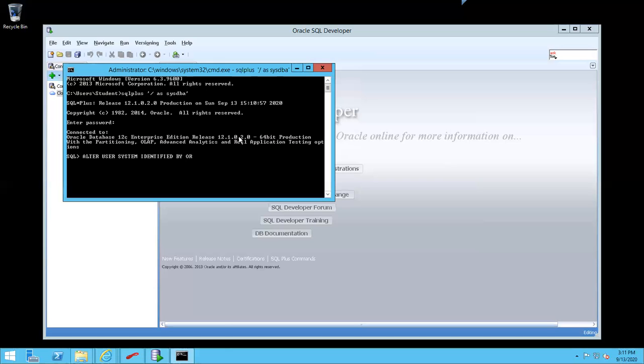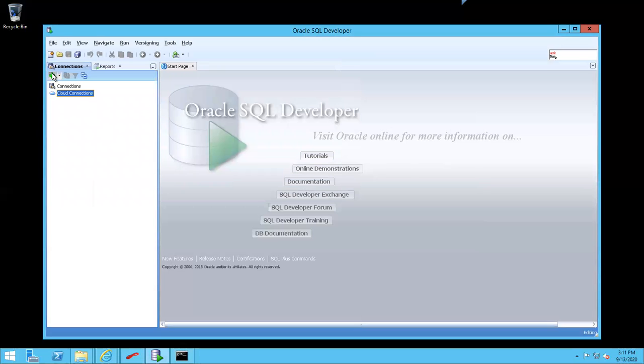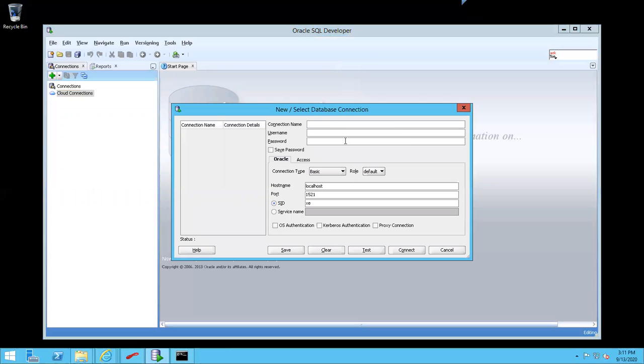I'll set it to ORCL. I can give unlock. Okay, user altered. Now let's try to use system with password ORCL.